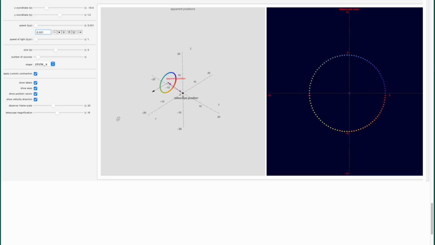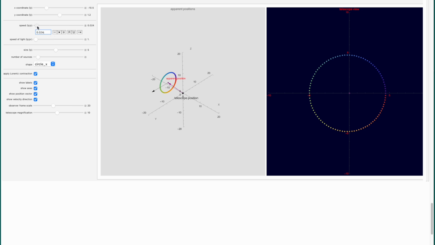Okay? So now let's see what happens when we increase the speed in this case. Let's talk about what we expect. We know that the Lorentz contraction is going to want to compress this thing in the direction of motion, which is this direction right here. And then the latency effect will have a different effect, which is hard to explain. I will simply show you.